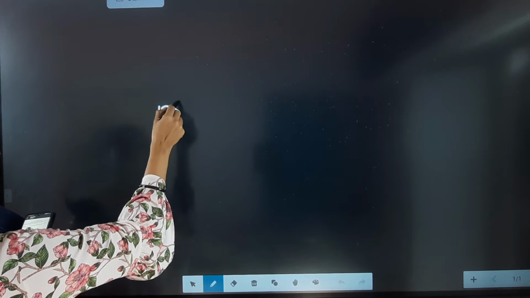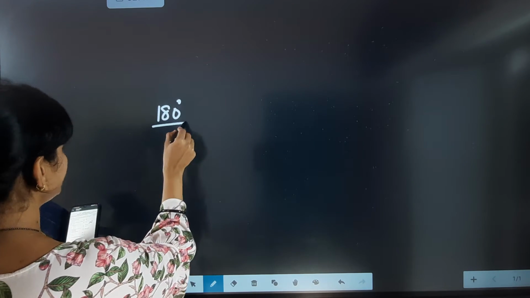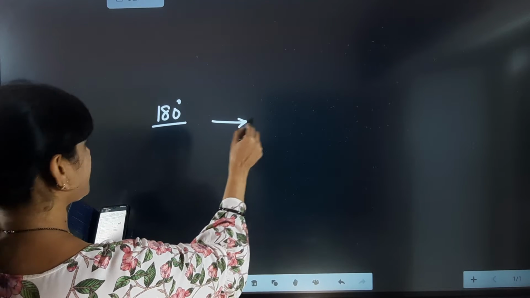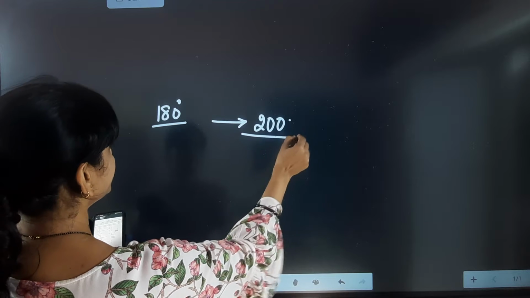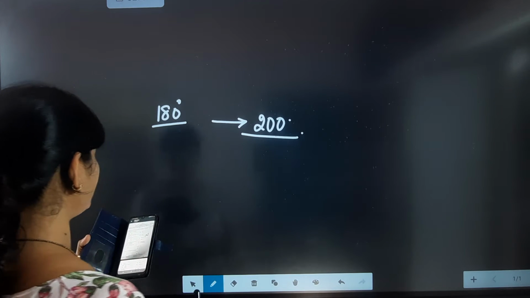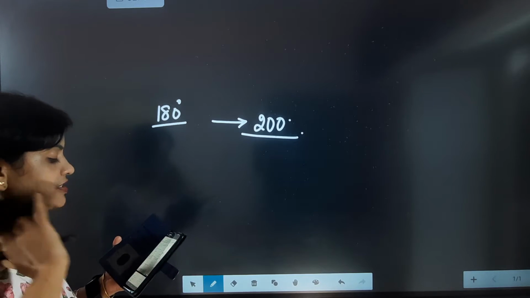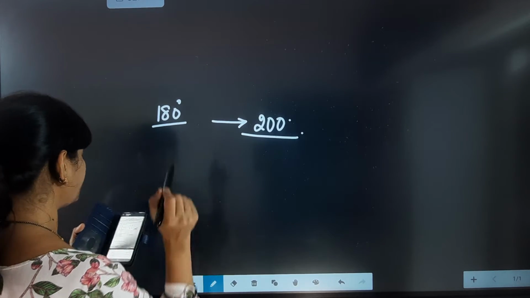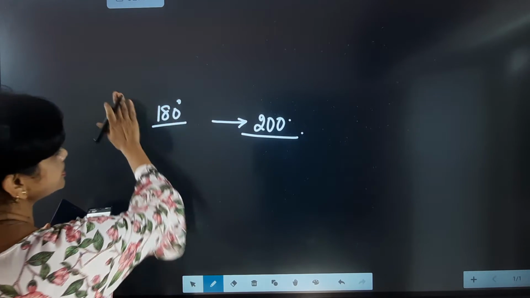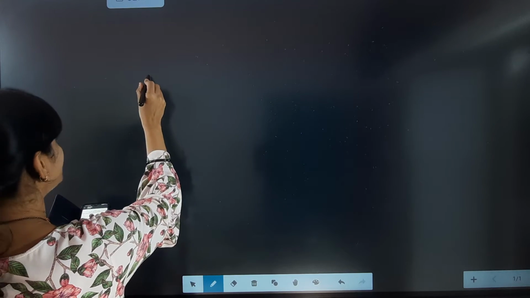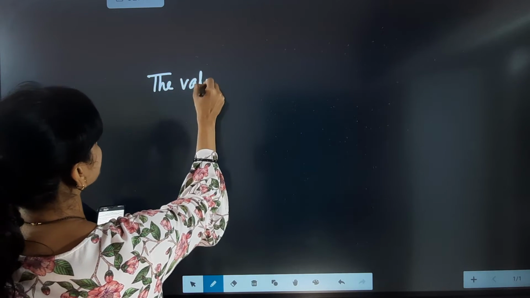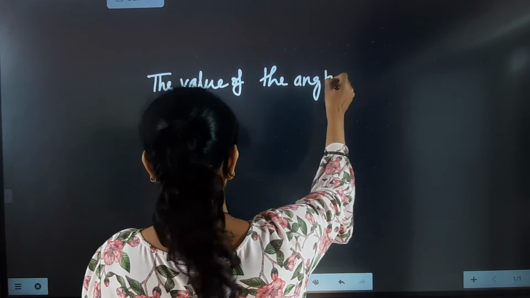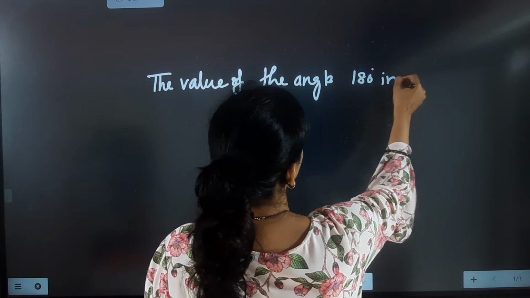So 180 degree in grade, you know the grade system, 180 degree will exactly get converted into 200 grades. Okay, 180 degree will get converted into 200 grade because in the grade system 90 degree will be 100 grade, then 180 degree will get converted into 200 grade. So what was the question exactly? The value of the angle 180 degree in grade is,